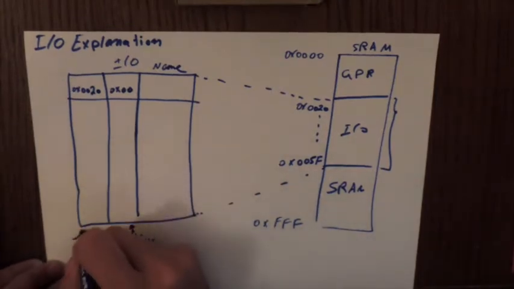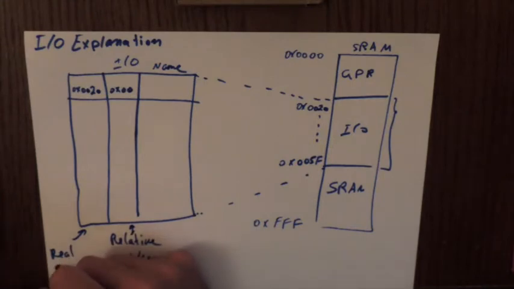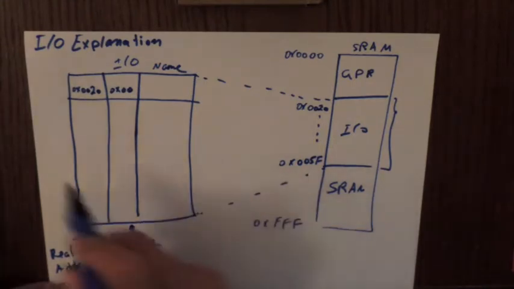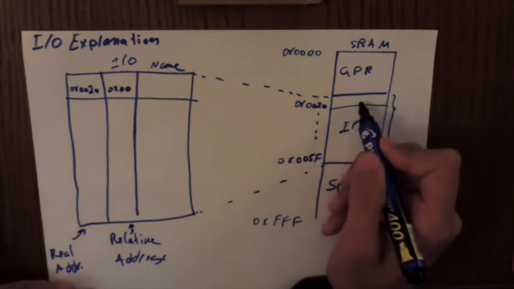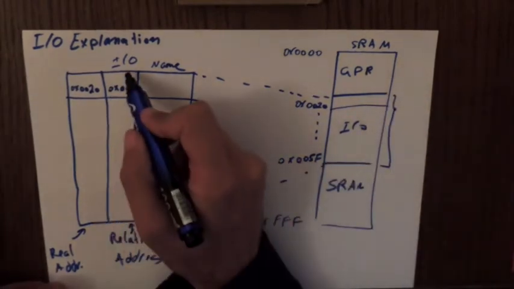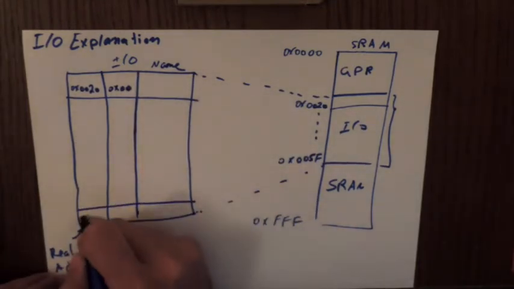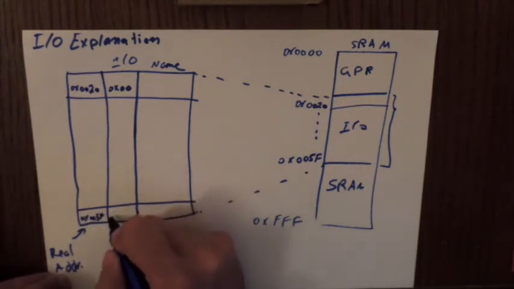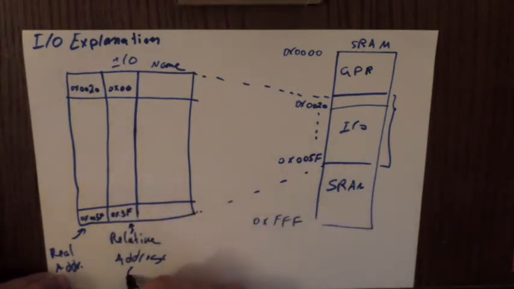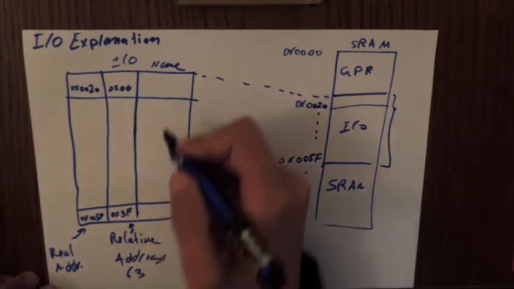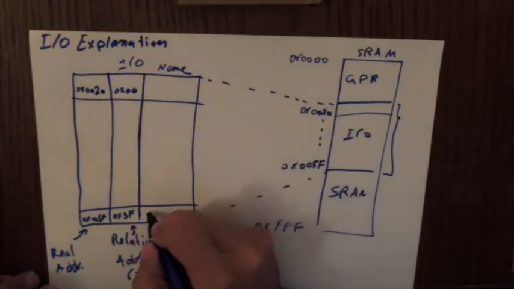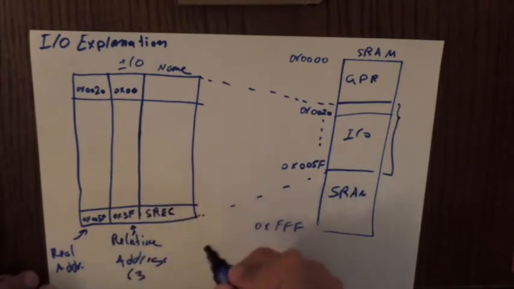And here we have the real address. Okay, so this is the address that actually is residing for this register. However, the I/O relative address will start from 0. We're going to finish at 0x005F, and this will end at 0x3F, which is 63. Okay, now this register, for example, is called SREG, which we saw in previous lecture, which